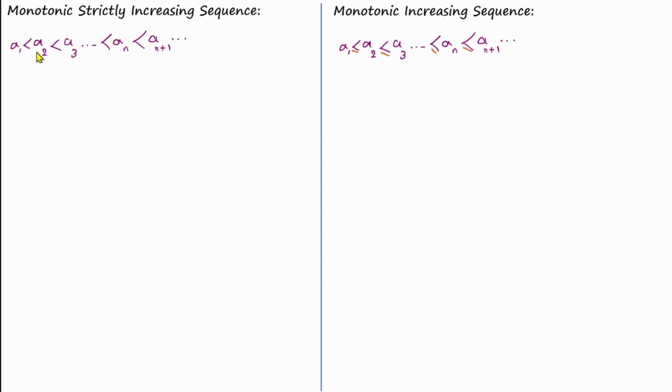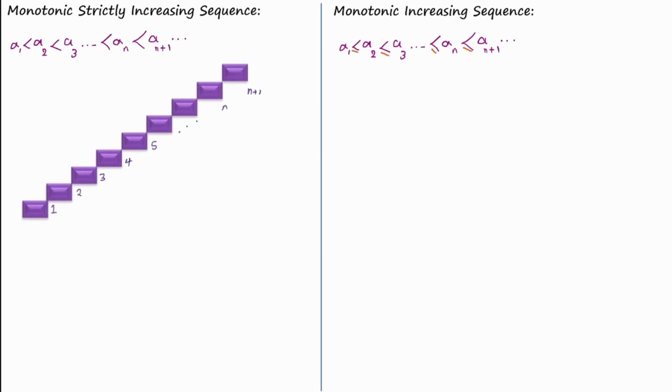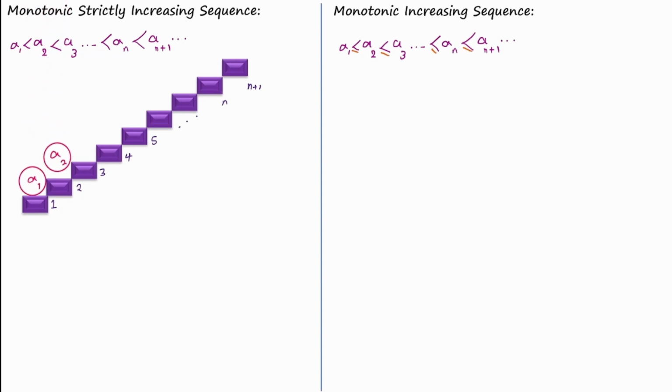Here we can see that a sub 2 is greater than a sub 1, and a sub 3, which is the third term, is greater than the second term. So a graphical representation of this kind of increasing sequence would be something like this. As we see here, each term as n goes up is greater than the previous one. So for these kinds of sequences, a sub n plus 1 is also greater than the previous term,